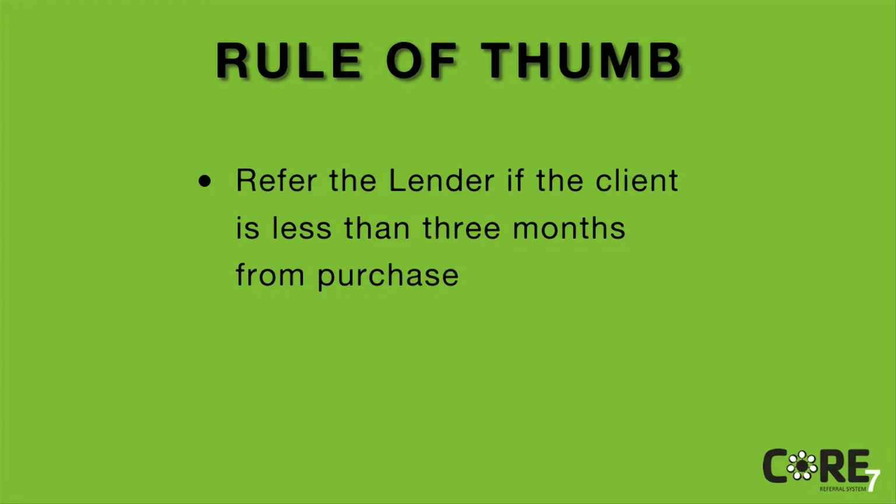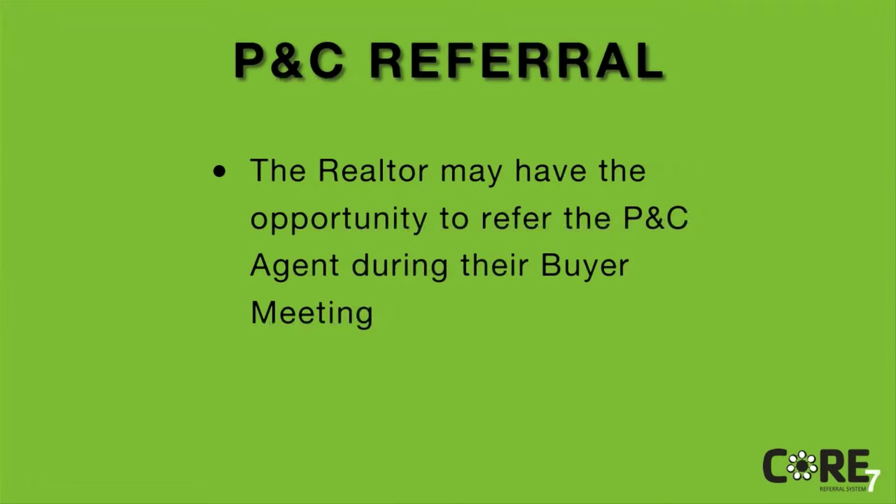Yeah, so naturally, there's going to be referrals to the P&C agent that would come up when a client is working with the realtor, right? Absolutely. So, the property and casualty insurance agent is best referred by the mortgage originator on a purchase loan because they have the insurance binder language that they can pass on. However, many times during the process, the real estate agent makes the introduction in their buyer meeting because it just comes up naturally. That's why it's a secondary referral target.